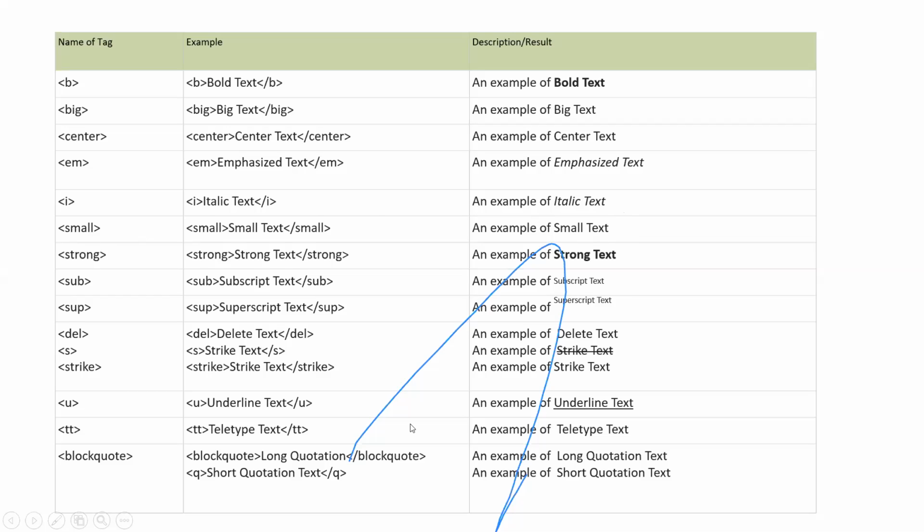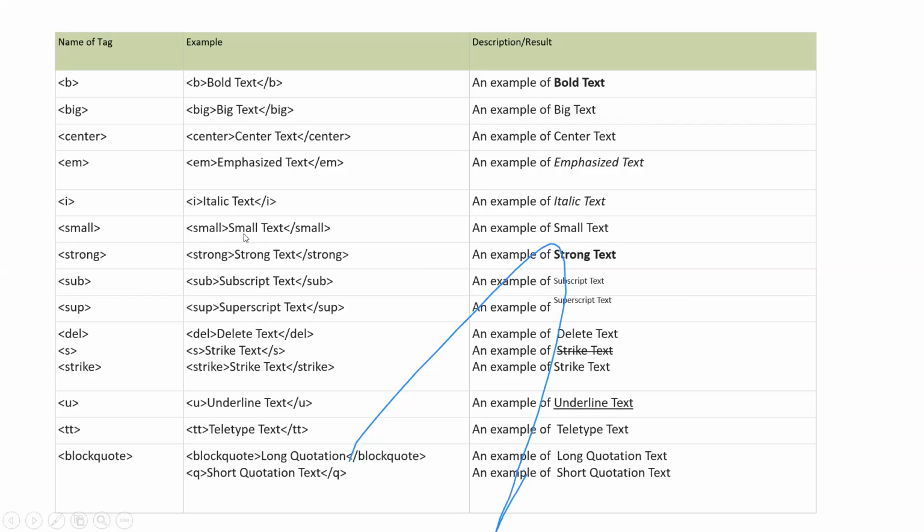Next, small. Open the tag, close the tag. Between these, whatever you write will come. Suppose your current font size is 10. When you execute this code, you will get a font size of 8.